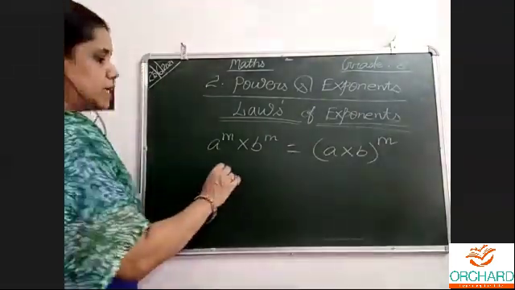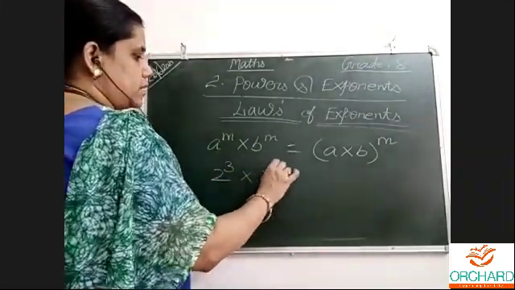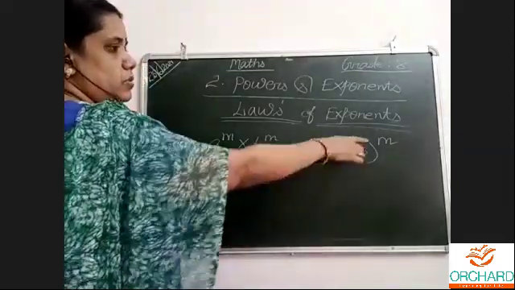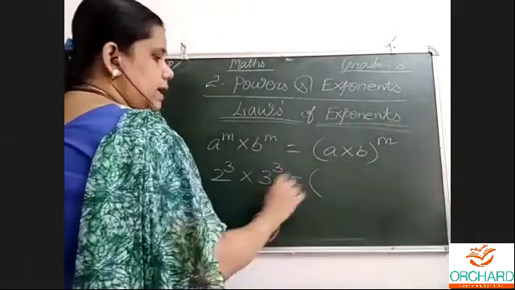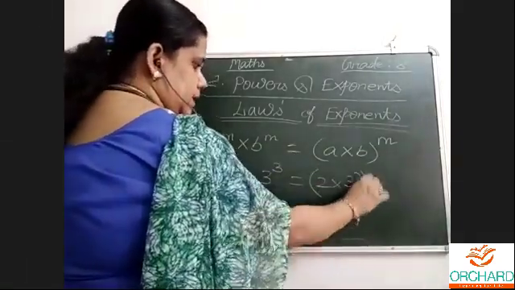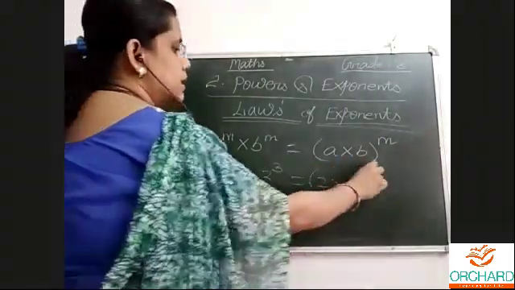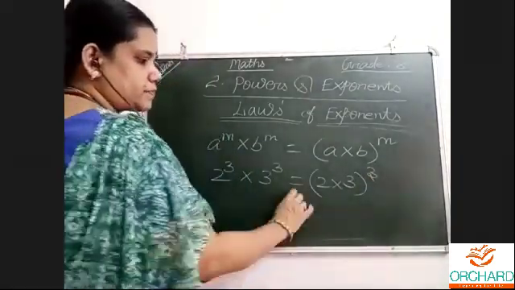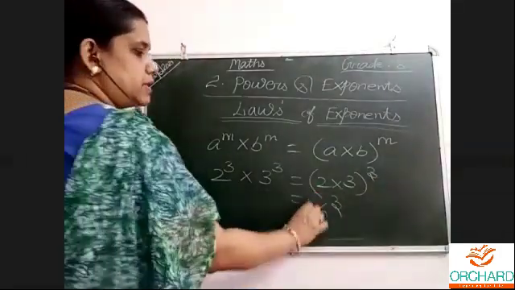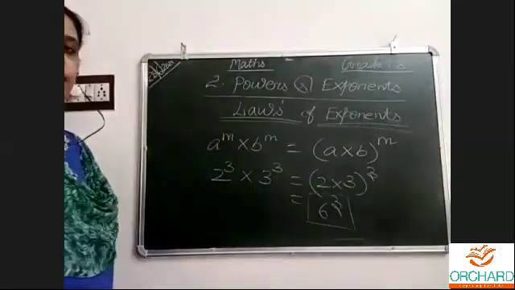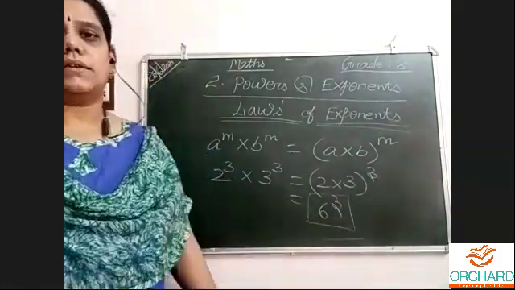In that case, for example, one is 2 power 3, another number let us keep as 3 power 3. The power must be the same, then only we can take the common power. If the numbers are like this, the bases are different. Write the bases together, this 2 and 3 I wrote. The powers are the same, so I wrote it on the power. 2 threes are 6. 6 power 3. In exponential form, this is the answer. In value, 6 sixes are 36, 36 sixes will be the answer.